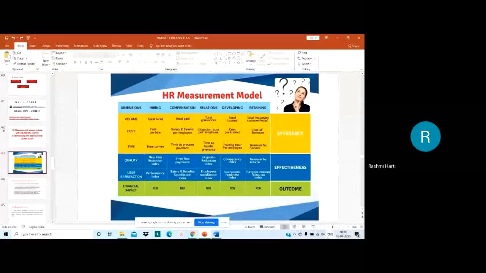Okay, so new hire retention index: you should see to it that you select quality hires. That means you select the employees who would stay for a longer time within the organization. That's the reason, my dear students, whenever you go for an interview in an organization, or whenever you post your resume to the organization after finding the vacancy, the organization will check your work history first, right, as well as your education history.